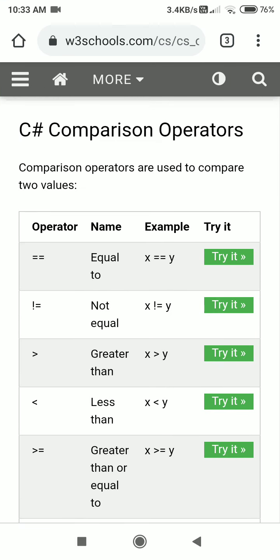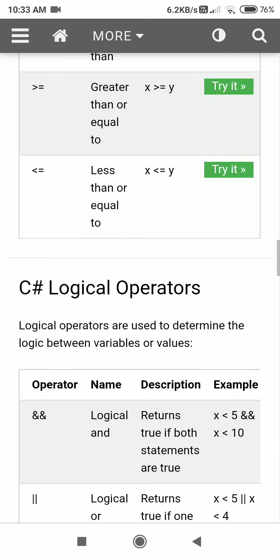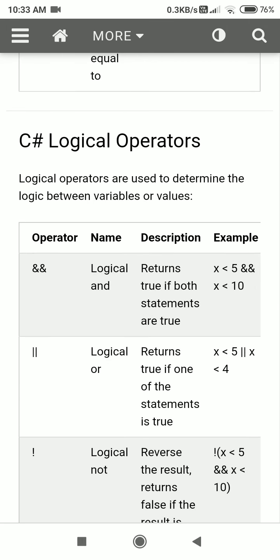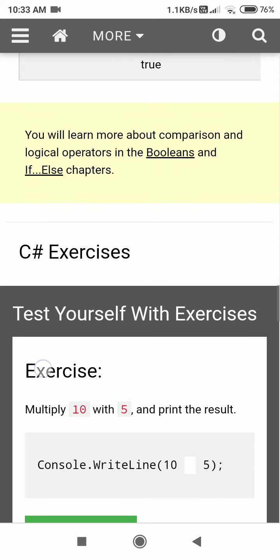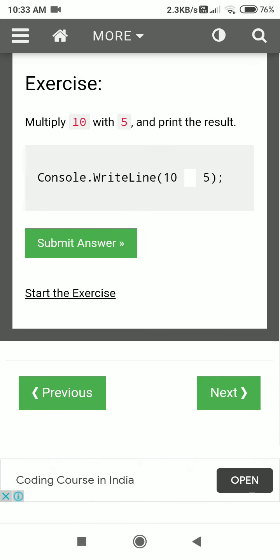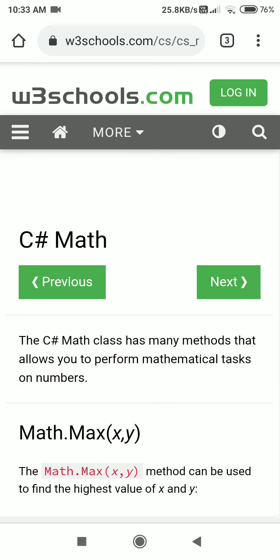Comparison operators: equal to, not equal to, greater than, less than. Then there are logical operators: and, or, not. It is quite easy. C# is totally arithmetic.